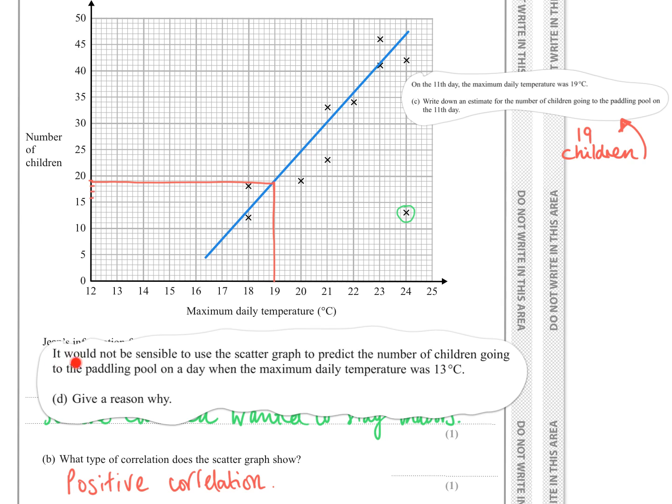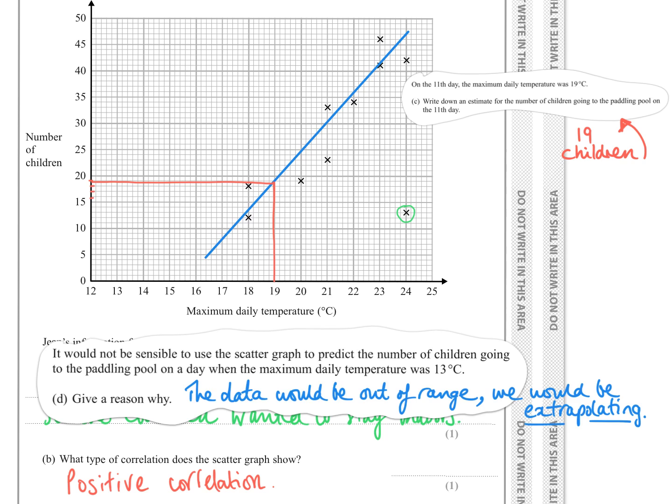Then the last part says it would not be sensible to use the scatter graph to predict the number of children going to the paddling pool on a day when the maximum daily temperature was 13 degrees centigrade. Give a reason why. Well, I think that's to do with the fact that around 13 degrees centigrade there's no line of best fit here, so you'd be making assumptions based on no prior data at all. So I'll put that down in writing for you now and you can see what you think. So my explanation would be the data would be out of range. We would be